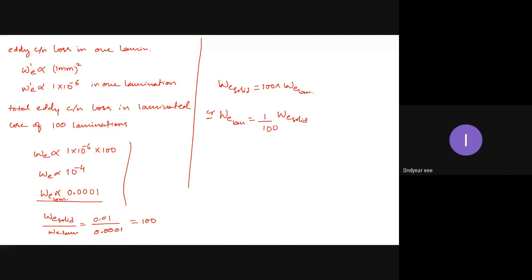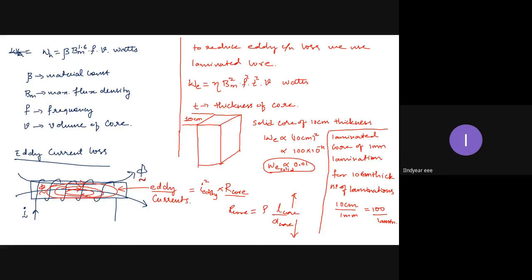So how do eddy current losses occur? Eddy current losses occur because of the alternating flux linking to the core. EMFs are induced in the core, and since the core is a short circuited path, currents circulate in the core. Those currents are known as eddy currents, and they create losses because of the core resistance. So when I laminated the core, I increased the resistance of the core to a very high value.